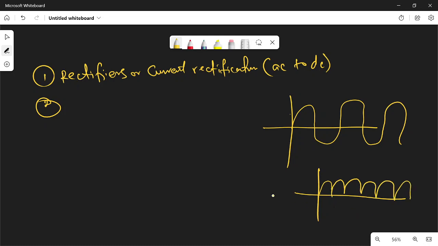So to convert it to direct DC, you know, this is DC. DC current is just like this. Are you getting it now? So in order to convert this one to direct DC, then you need a capacitor. The capacitor will complete the job of smoothing the job that the junction diode has done. The junction diode has helped you to reduce the full wave AC current to half wave AC current. The capacitor is going to do the complete smoothing.